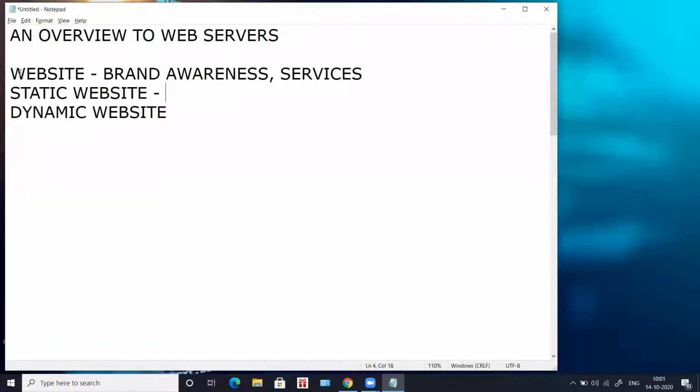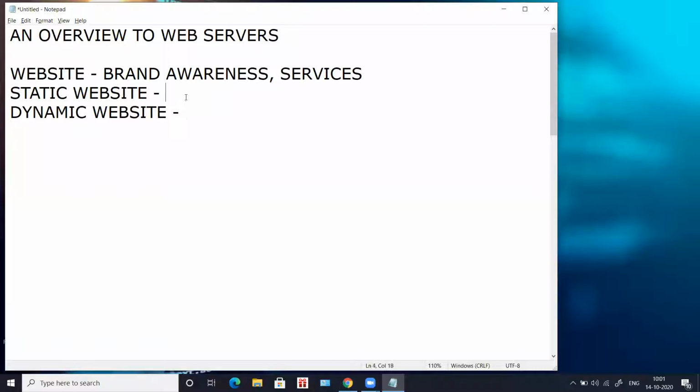But a dynamic website, maybe you can consider a college website as a dynamic website, because you'll have logins for students, for teachers, for the principal. So there is some communication happening between the client and the website. That is a dynamic website.